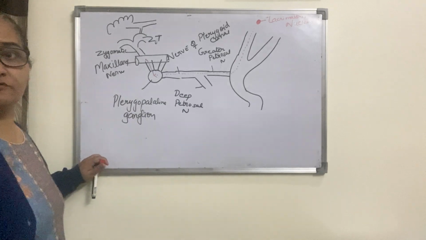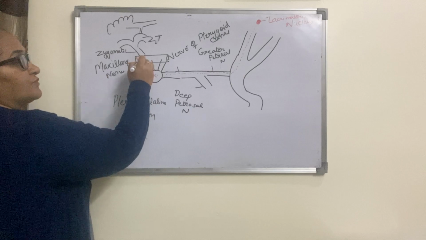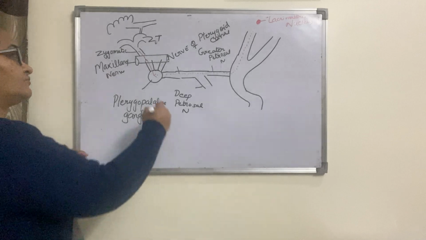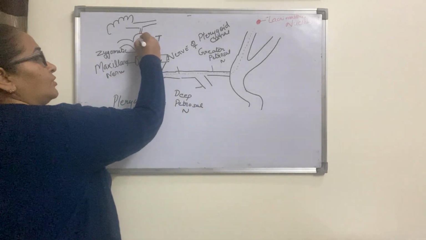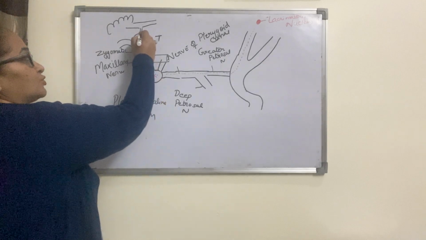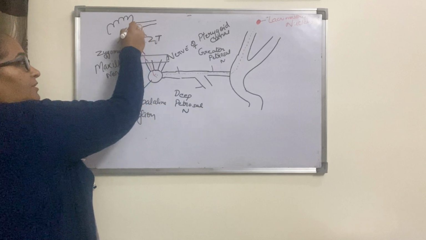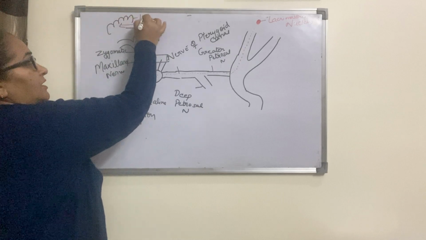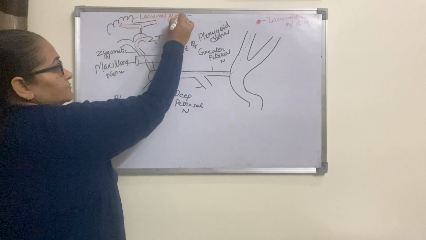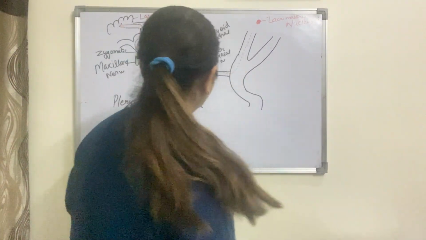Enter the maxillary nerve. And from this maxillary nerve, they enter one branch of the maxillary nerve, that is zygomatic nerve. Now from this zygomatic nerve, the fibers enter the zygomaticotemporal nerve. And from this zygomaticotemporal nerve, through a communicating branch, they just enter the lacrimal nerve to supply the lacrimal gland. So this is one pathway for the lacrimal gland. Now another pathway is